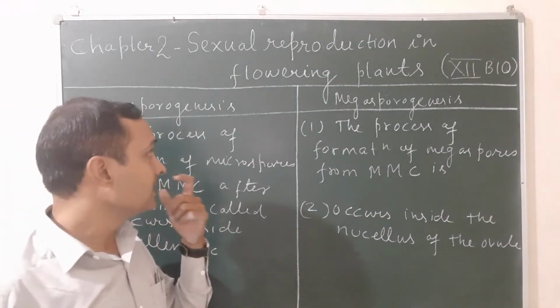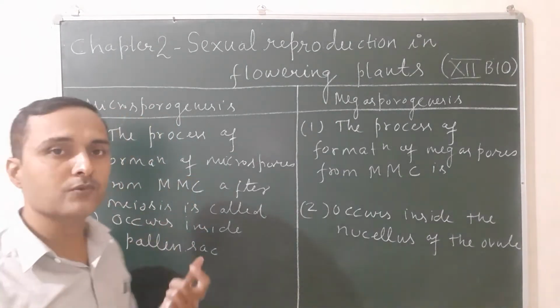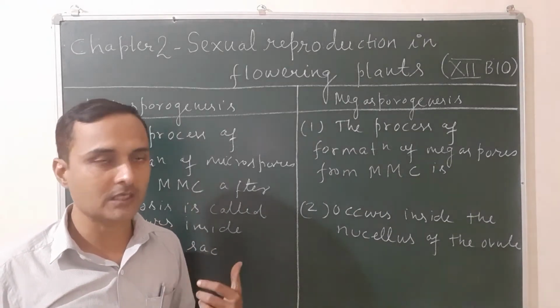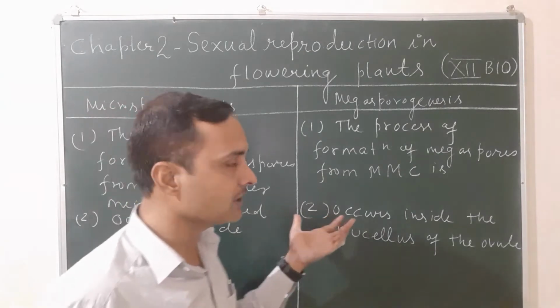Third difference: during microsporogenesis, 4 microspores are produced from each microspore mother cell, and during megasporogenesis, you know,